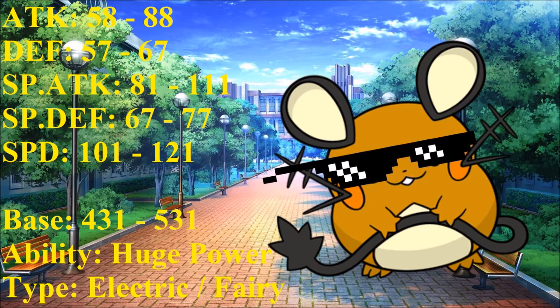I mean, obviously it's already fast, but I want to make it a lot faster, and I think base 121 will do the work, because it does have very offensive moves, and its physical attack stat and special attack stat are actually nothing to joke about. With base 111 in special attack and base 88 in physical attack, I can see this thing putting in a lot of work,